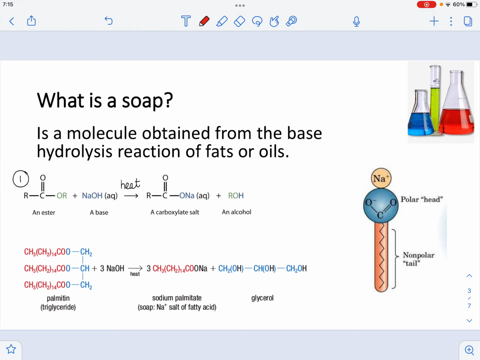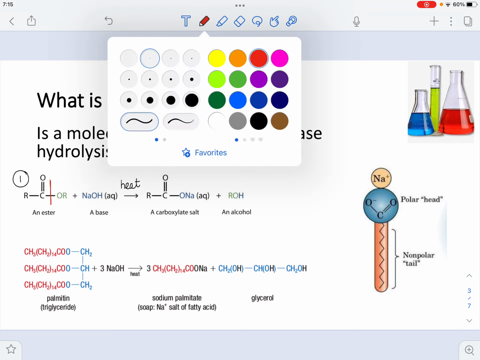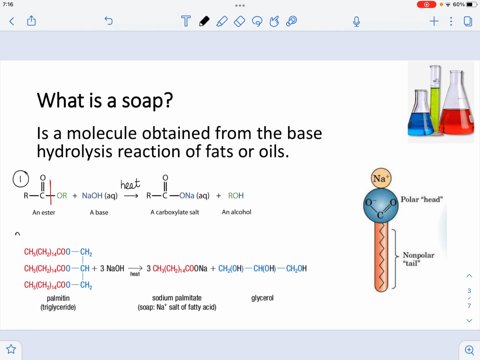In essence, when we look at our functional group, there's going to be a separation between the carbonyl portion of the ester and the single bond oxygen and whatever substituent is on that side of the molecule. If we apply that into fats and oils, as we can see in reaction 2, here we have palmitin, and palmitin is going to be the triglyceride of palmitic acid. So this triglyceride from palmitic acid, which is basically palm oil,